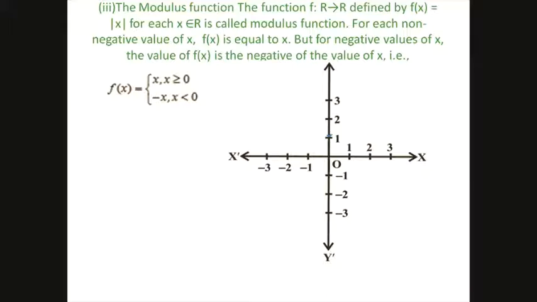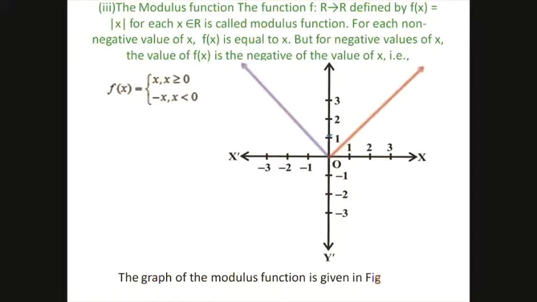So this is a Cartesian plane. f(x) = x gives you a positive value always for positive domain. So the graph in the very first quadrant will be like this, just like the identity function. But for negative values, it will not give you negative answers, but positive. So the graph will not lie in the third quadrant, but it will lie in the second quadrant like this. So here we have a modulus function which always lies above the x-axis, where we have positive values of y. Below the x-axis we have negative values of y, and it will not exist there. So the graph of the modulus function is given in the figure.